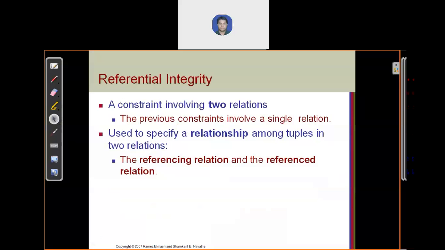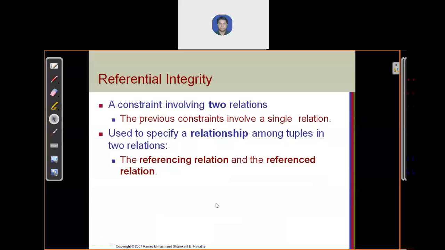The domain constraints depend on only one relation. We discussed key constraints, which are for only one relation. We have seen the entity integrity constraint, which is also for only one relation. But the referential integrity constraint involves two relations.